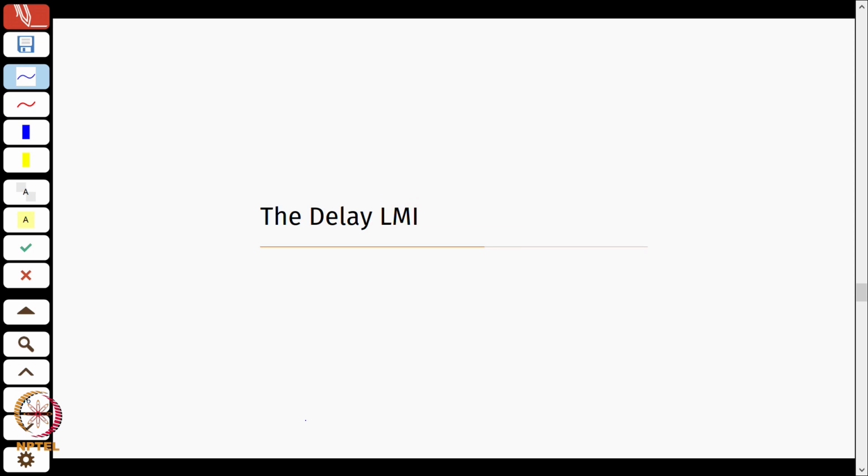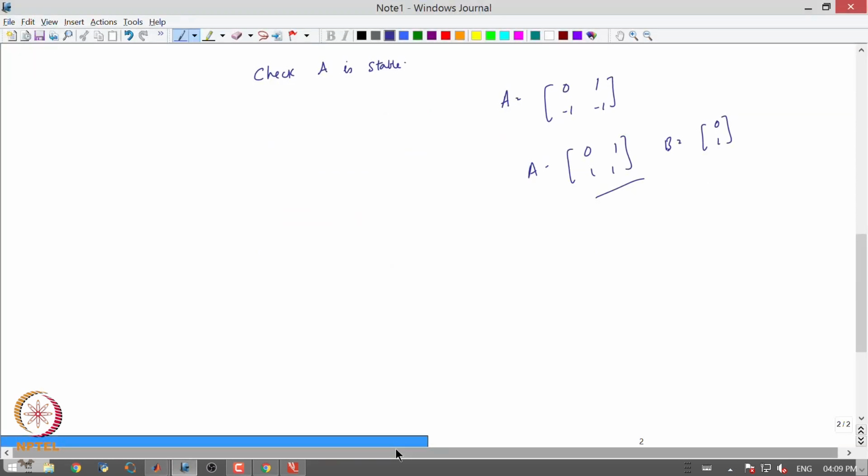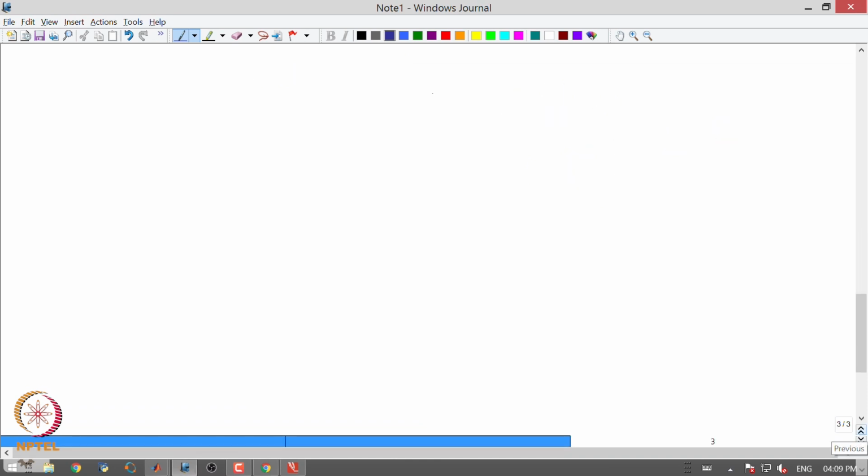So, first is the delay LMI, and what does this delay LMI do? Let us take a small problem, or how do we motivate why delays are important. Let us say I have a plant x dot is Ax plus Bu. So, this is my plant. Let us say I measure all the states, this is my input, and typically I will have a k here, which will just measure instantaneously, the control law will be computed and then fed back,